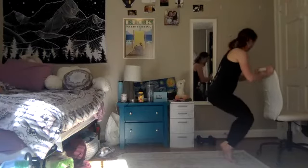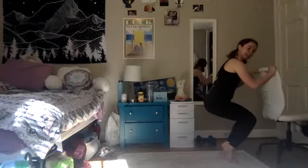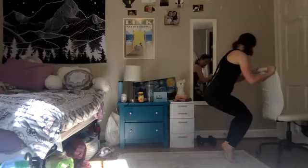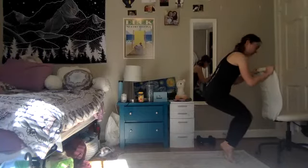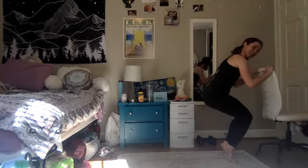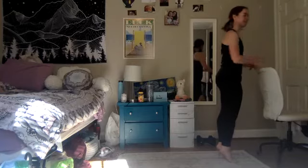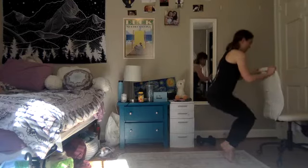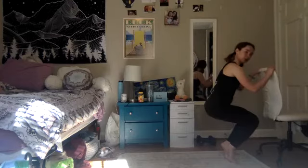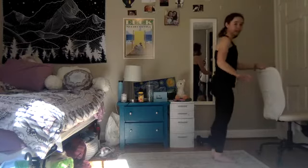4, 3, 2, 1. Stay down. We're pulsing for 10, 9, 8, 7, 6, 5, 4, 3, 2, 1. Straighten up. We're doing 4 full just to really round out this work. Going down for 4, 3, 2, 1. Good job. You can drop those legs down for a second, but if not, we're going to add on